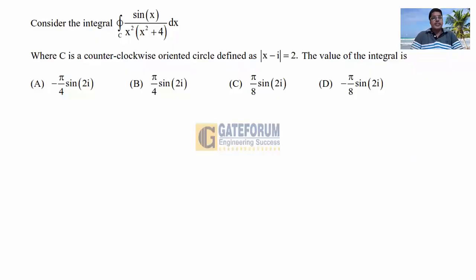The question is: consider the integral over C of sin x by x square into x square plus 4, where C is a counterclockwise oriented circle defined as mod x minus i is equal to 2. The value of the integral is, 4 options A, B, C, D given. This question is from engineering mathematics, from the topic complex variables, subtopic complex integration, GATE 2021. The solution is